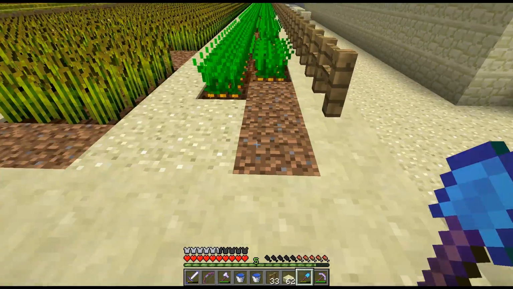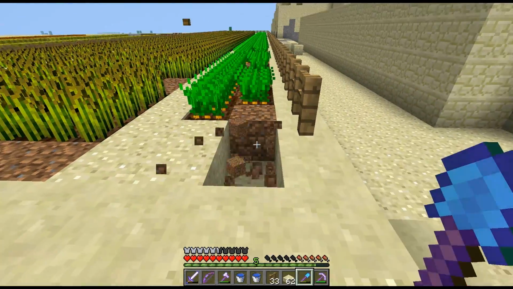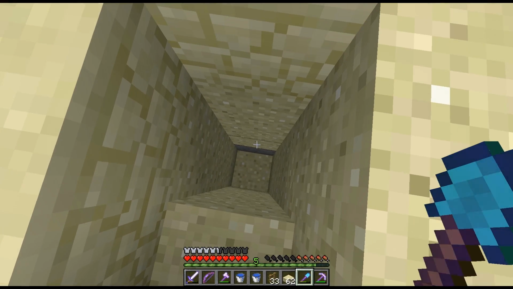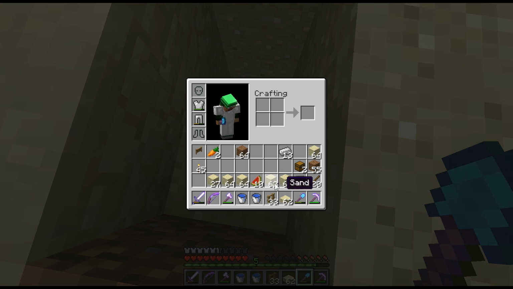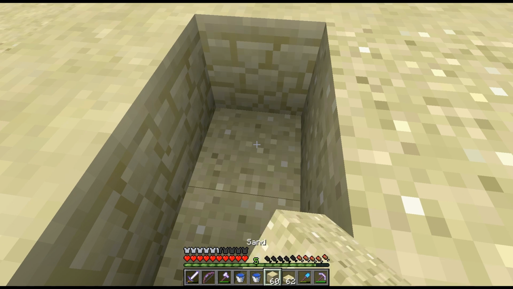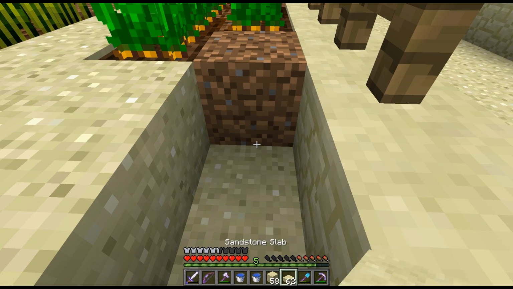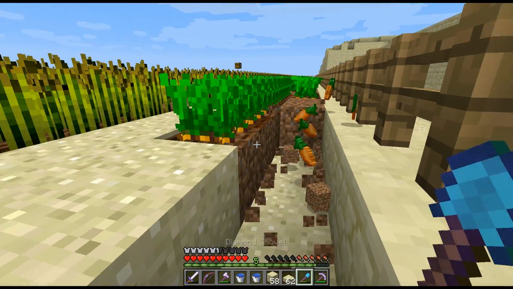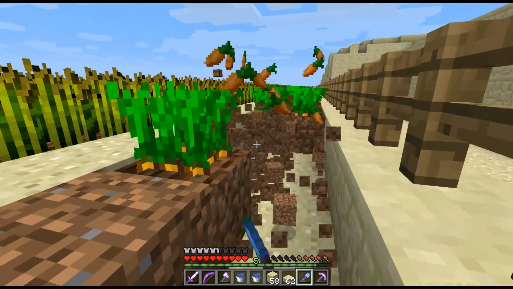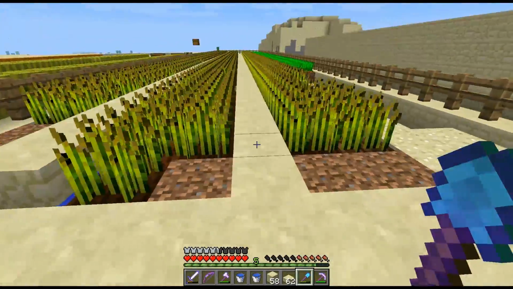Next we have to dig out the farm. Got my super powered shovel here. Whoa, I almost fell in that hole. Wow. Let's fill that in, shall we? Weird. Sand has kind of a strange animation now or something. So yeah, we'll just go dig out these carrots, and we'll dig out, yeah, I'm gonna go ahead and dig